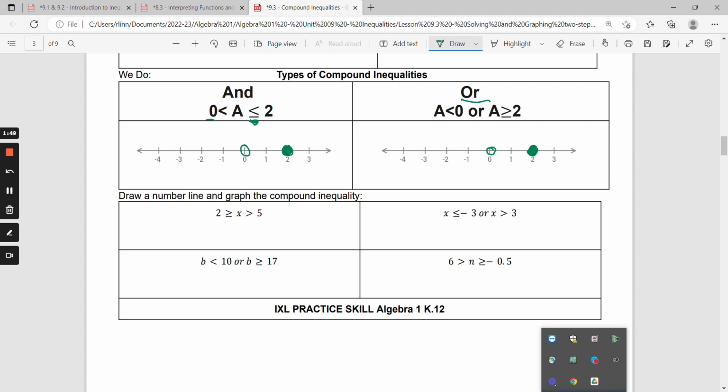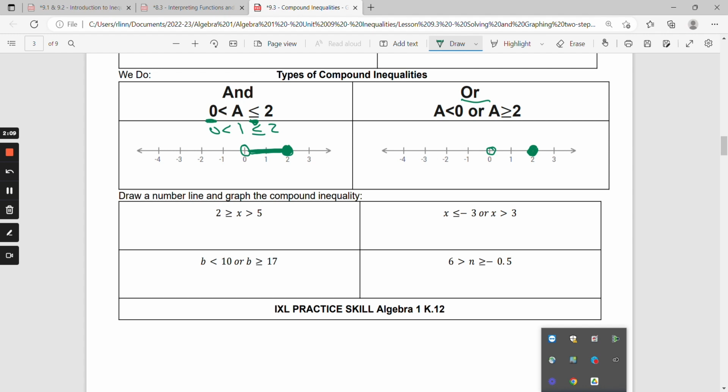A is going to fall in between 0 and less than or equal to 2, which means we're going to highlight this section in between those two numbers, because since it could be 1, if we put 1 in here, 1 is greater than 0, and it's also less than or equal to 2,